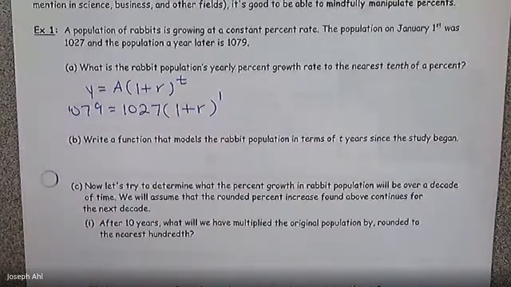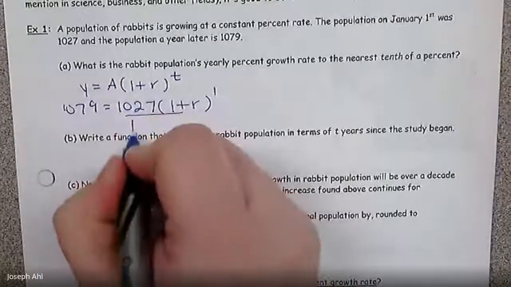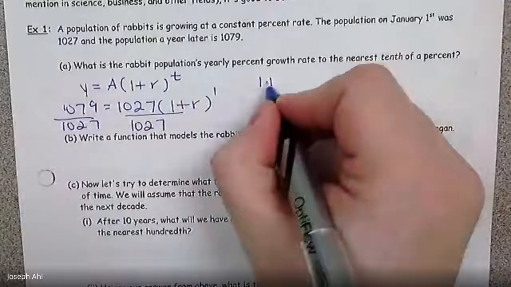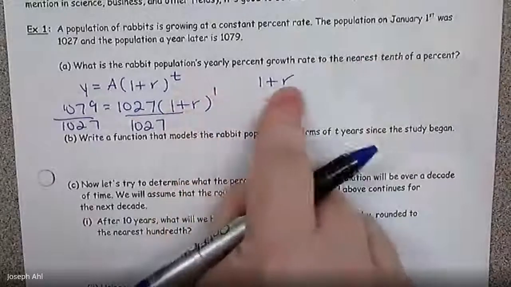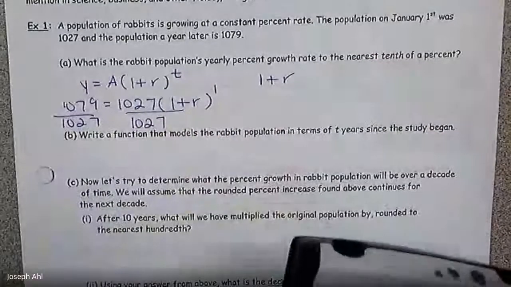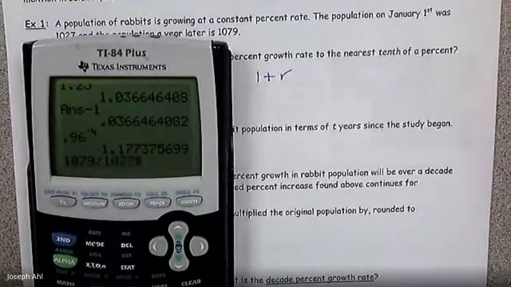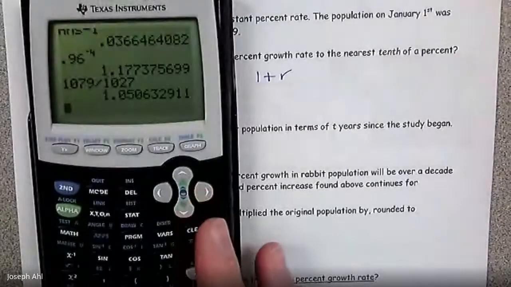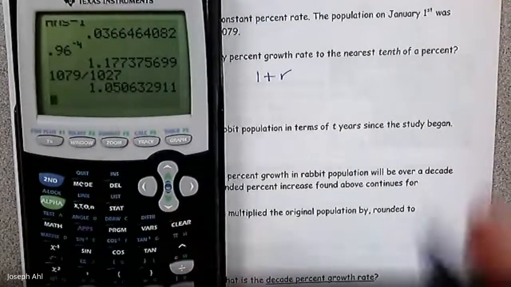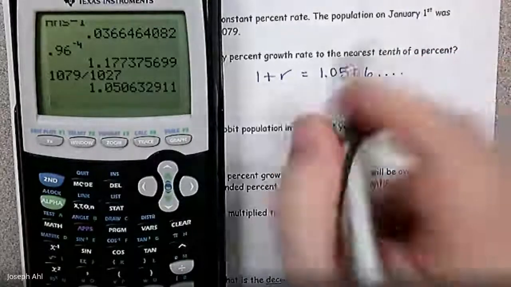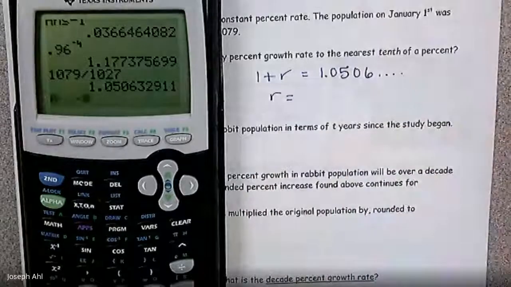So we can really quickly solve this for the rate. 1,027 is going to get divided from both sides. Let's see what that is. Oh, and by the way, 1 plus r to the first is just 1 plus r. That makes this a little bit nicer to solve. 1,079 divided by 1,027 is 1.0506 dot, dot, dot. Okay. So if I subtract the 1 from the other side, we get, of course,